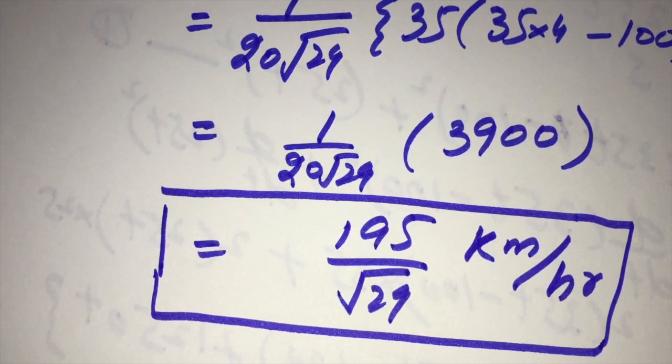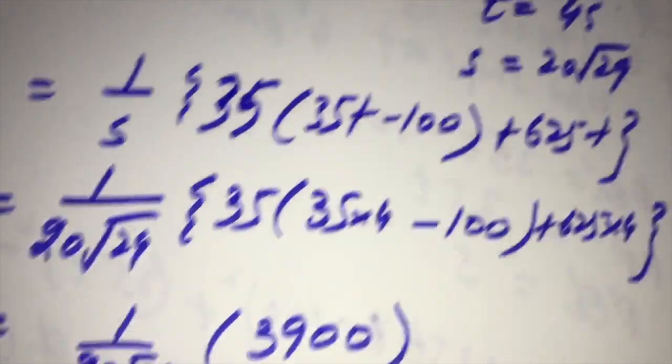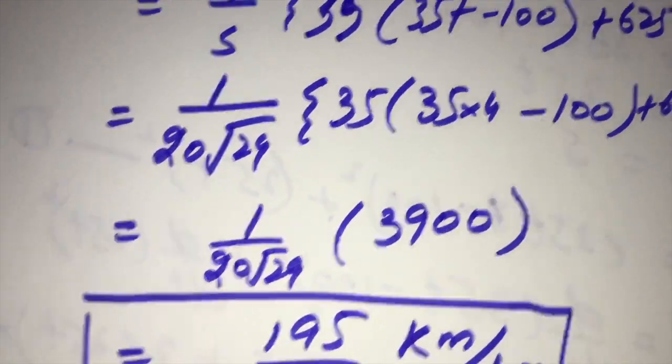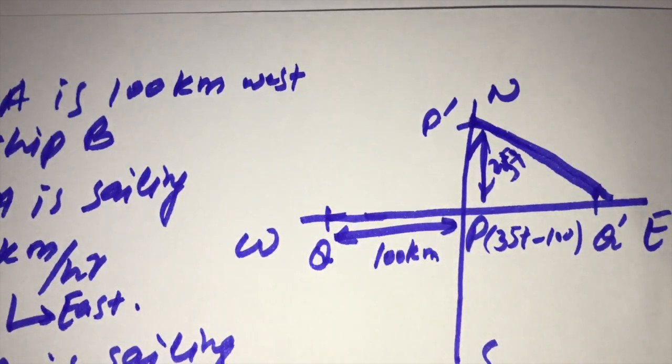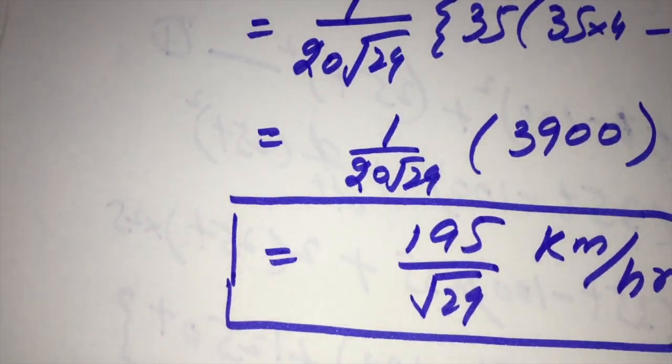Means the speed ds by dt between p dash and q dash, which we have between p dash and q dash, between two ships at their final position, is 195 by under root 29 kilometer per hour. Okay,